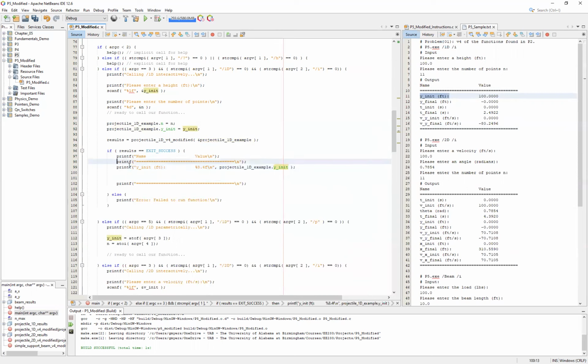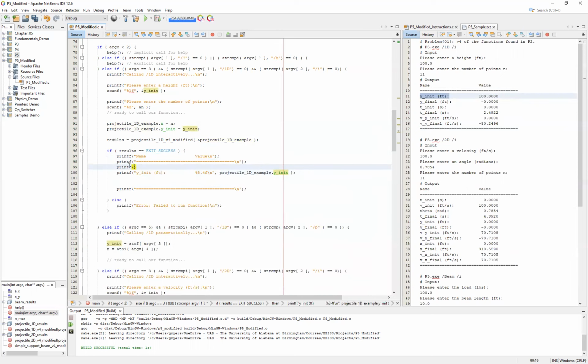Continuing on with this, we probably also want to capture or print out to the user the n, or number of elements, that they requested. Once again, just to confirm that we actually understood or collected the data correctly. And so we have projectile 1D example dot n. And at this point, hopefully you're starting to see how you would go about completing the rest of the table. So what we'll do is follow the sample on the right-hand side of the screen with our y final. Our y final is, of course, also going to be in feet,